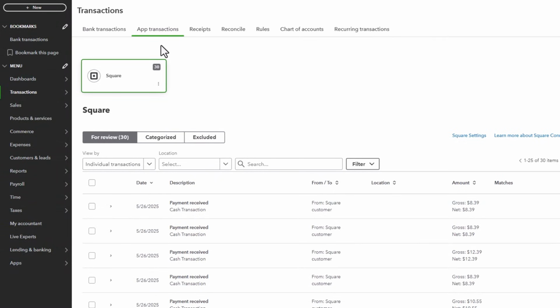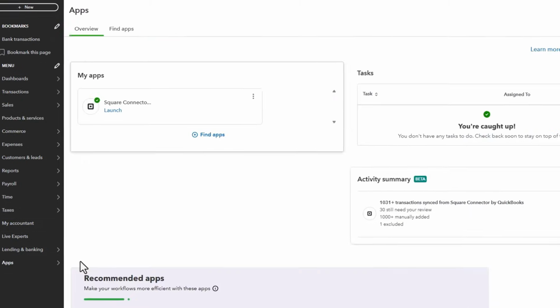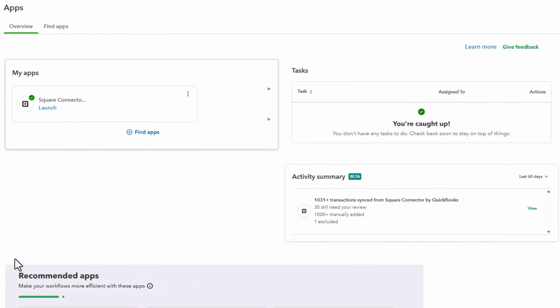Your new app also alerts you if you have transactions to review or if you need to update your connection. If you have a QuickBooks Online Advanced subscription, you can find notifications in the Tasks tab. Otherwise, select Apps, Overview to see if you're all caught up. While the old app did not report on this page, the new app shows you a summary of how many transactions you imported and their status, as far as how many you've categorized and how many await your review.